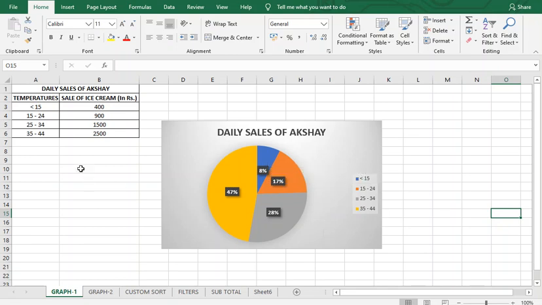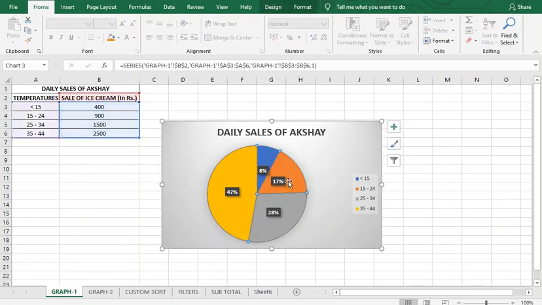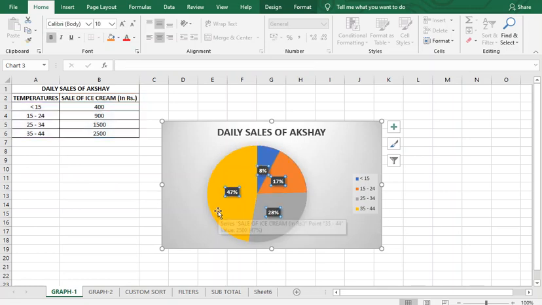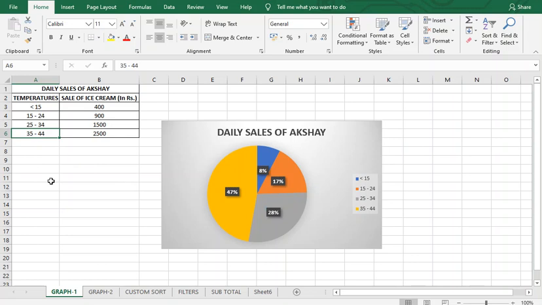When the temperature was between 15 and 24, Akshay made 17% of the sales. When the temperature was between 25 and 34, Akshay made about 28% of the total. And Akshay made maximum sales when the temperature was 35 to 44, which is exactly 47% of the total amount of sales.